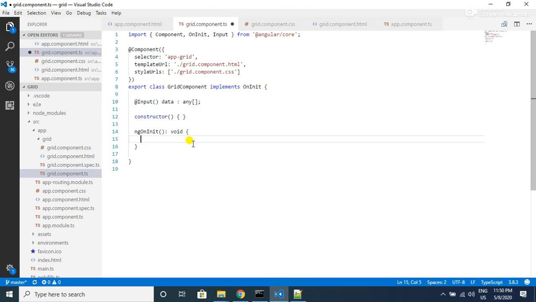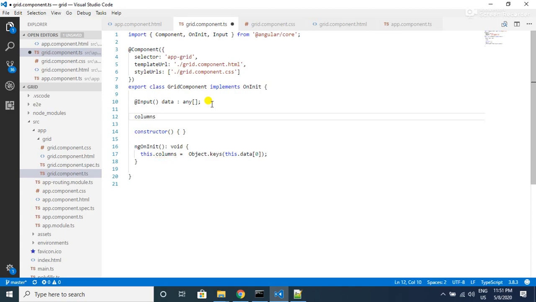So I am going to pass the first employee object to this Object.keys, that is this.data[0]. 0 is the index of the object array. So we will be getting the first employee object, and this is being passed to the Object.keys method, and this method will give us the list of employee properties or the column headers. We want to store that in another variable called columns. So let's create the columns variable, that is nothing but a list of strings, that is an array of strings.